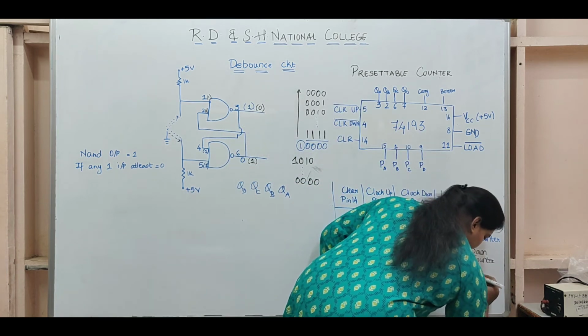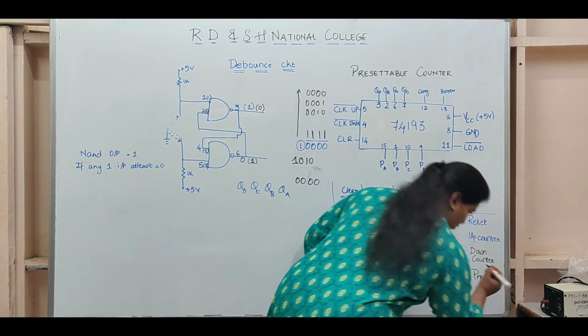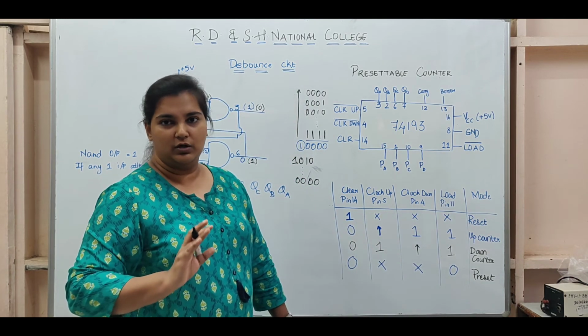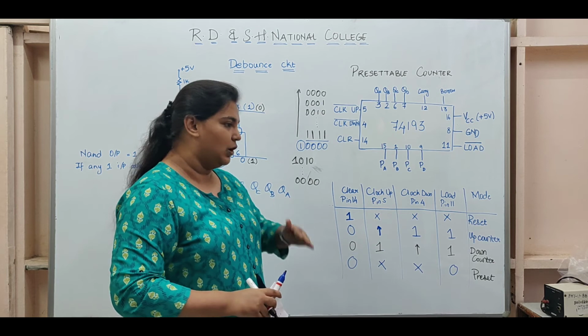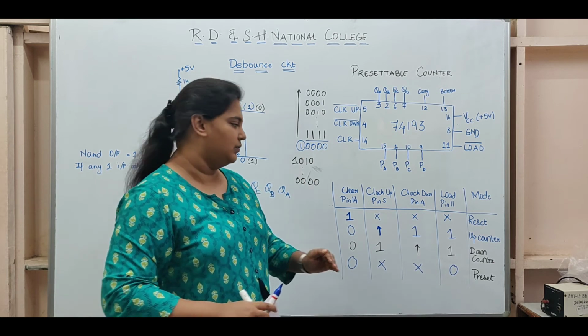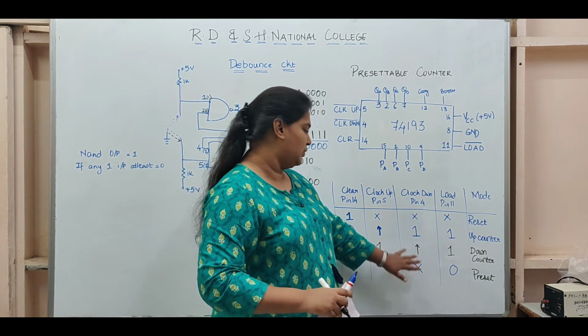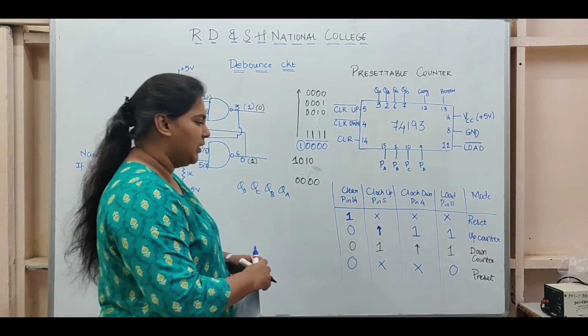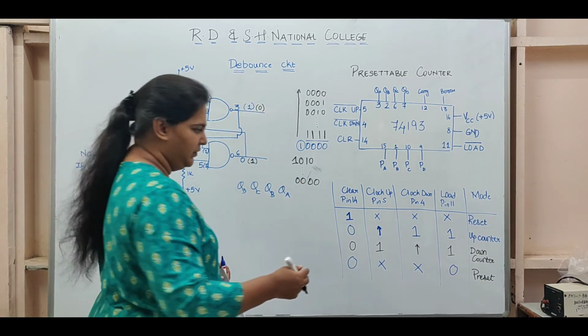What it does is it is only locking your value. Preset is only locking the value. It will not give you up or down count. To count from there in an upward or downward direction, you will have to switch back to one of these states. And the final one is if I want to just stop.